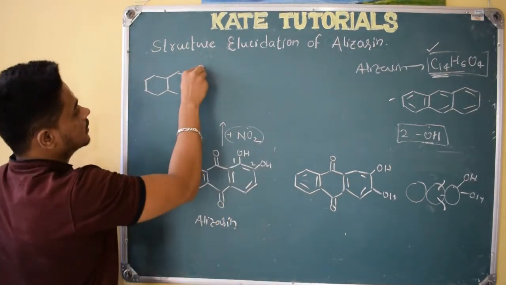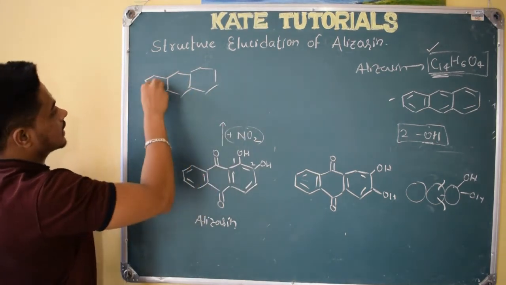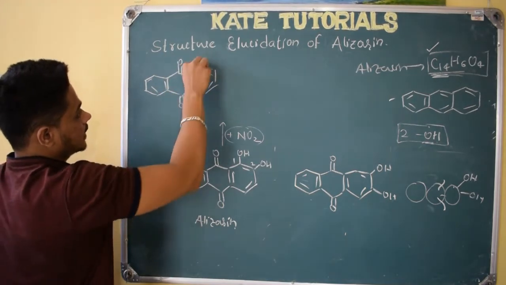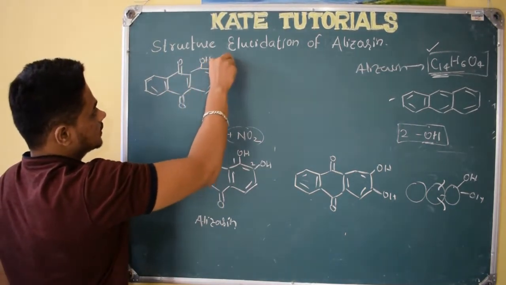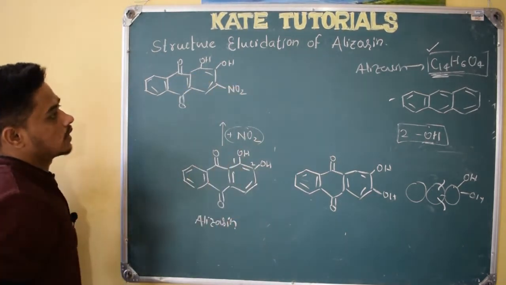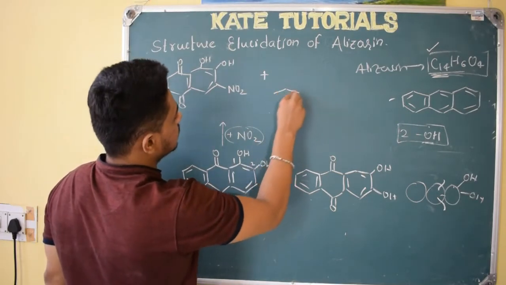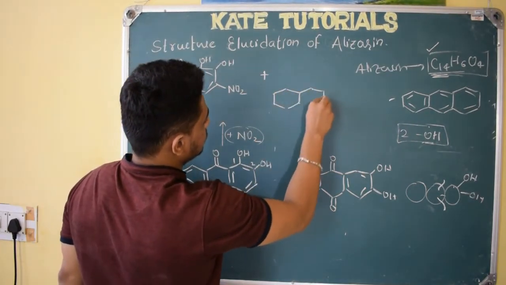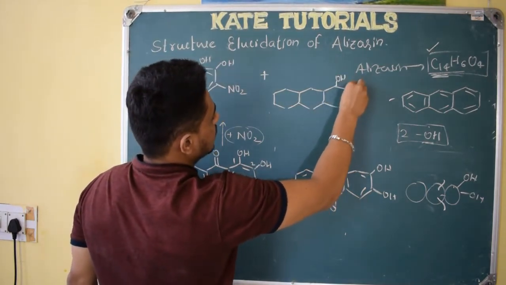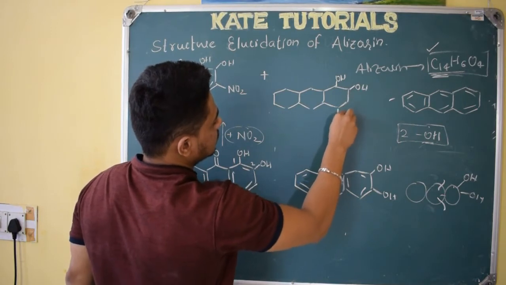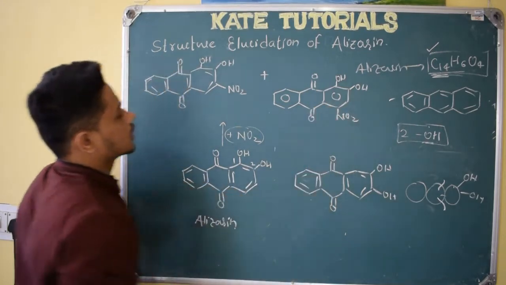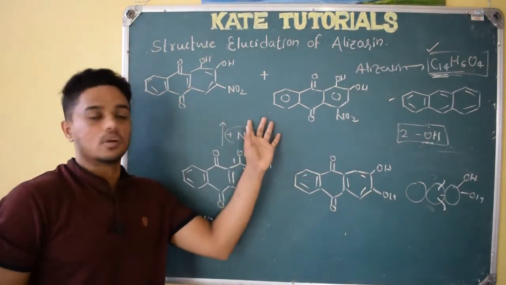as an electrophile. Right, so they did this electrophilic reaction, and they got this product. See here, double bond O, double bond O. Here OH is there, one more OH. So one nitration happened at this position, NO2. One product they got is this one, and the other product is this one. OH here, OH here, NO2 came here. So benzene ring, double bond O, double bond O. This product. So from phthalic acid and catechol they got this product.